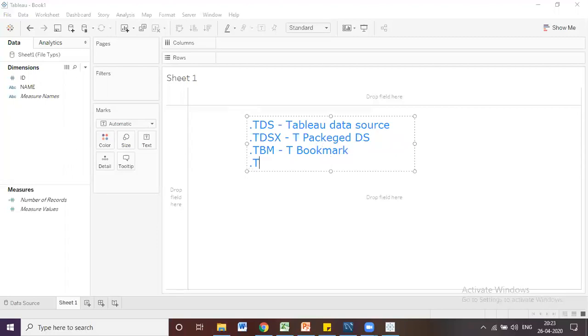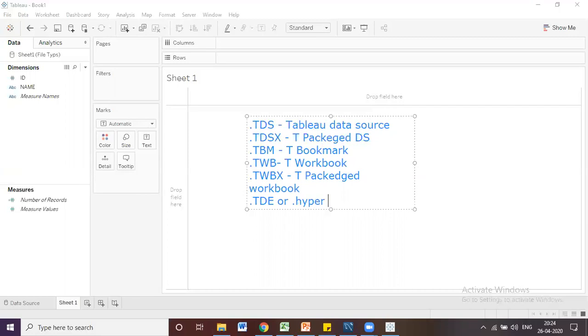The next one is .twb, called Tableau workbook, and the next one is .twbx, Tableau package workbook. The last one is .tde or .hyper, which we call a Tableau data extract.